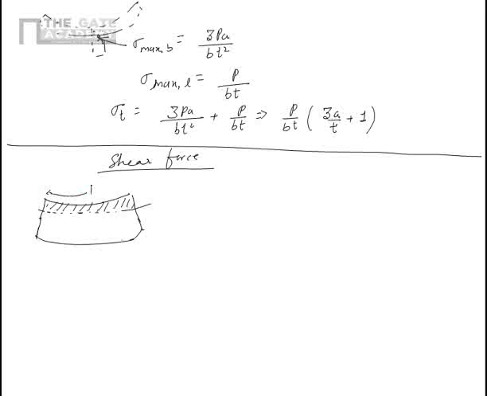So let's say this length is some small ds, its height is t, and its width is b. So it has been found that the shear stress is given by the shear force multiplied by the first moment of the area of cross section divided by its second moment of inertia of its cross section, and B. B is the width of the